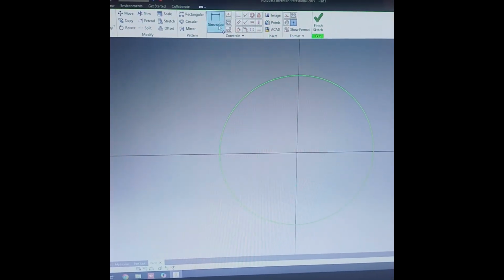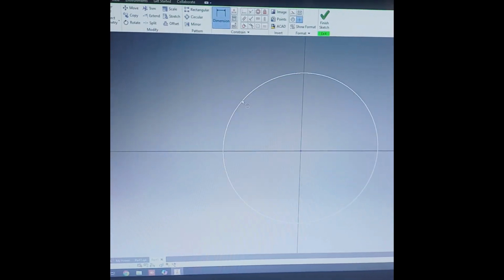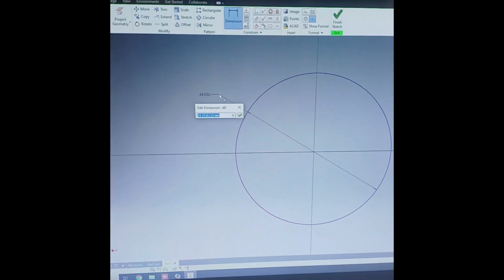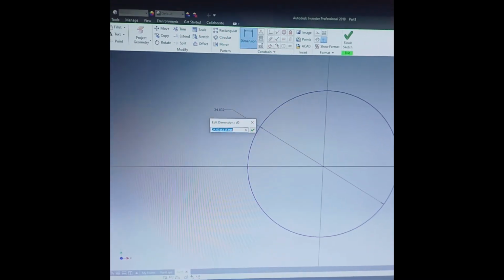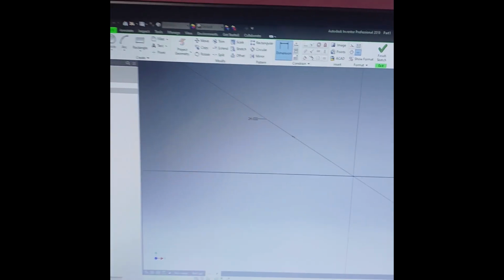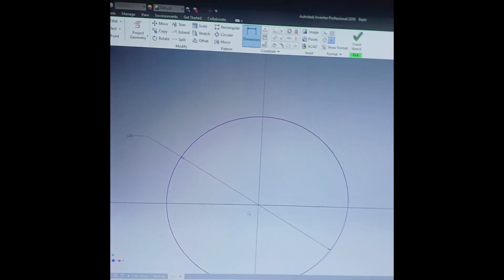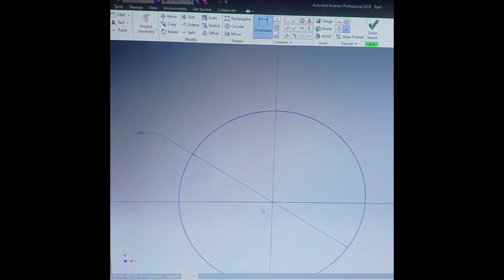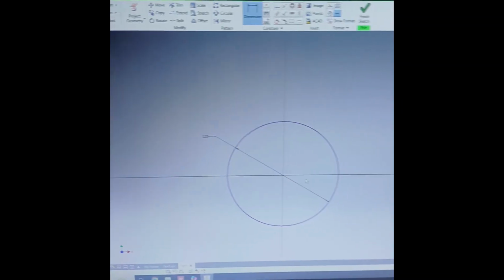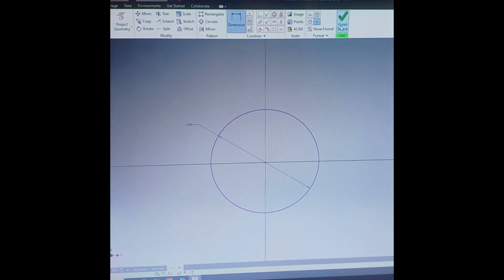Now go to dimension and here select this and make a diameter of 120 mm. Okay. Now the value is changed to 120 mm. Now finish sketch